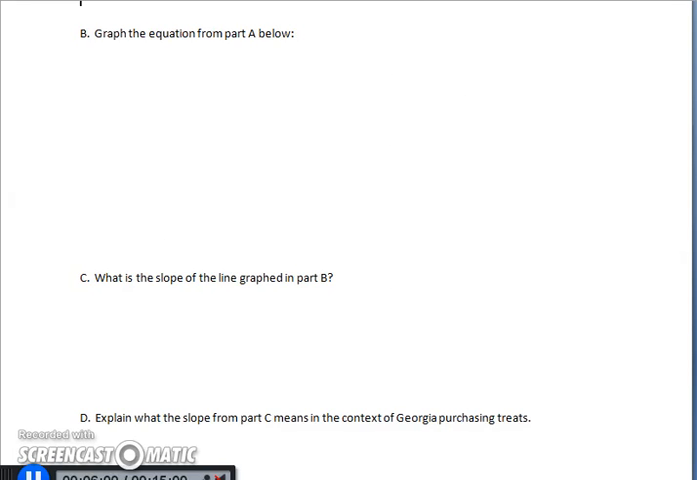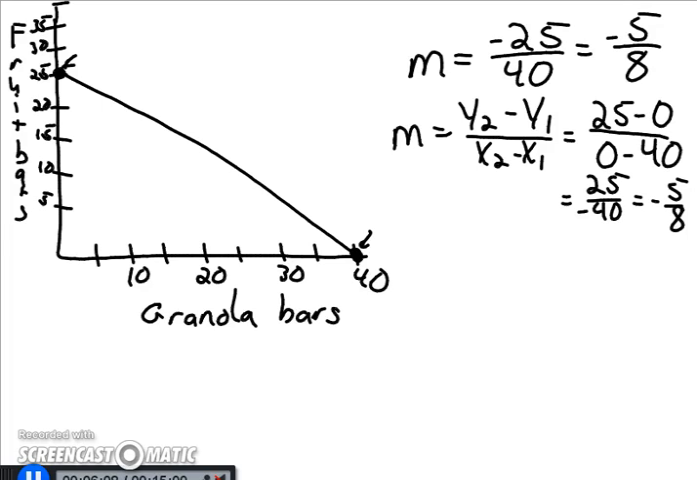The last part is explain what the slope from part C means in the context of Georgia purchasing treats. Well, the change in y is the number of fruit bars that she is gaining or losing, and the change in x is the number of granola bars that she is gaining or losing. So what this is really saying for part D is that for every